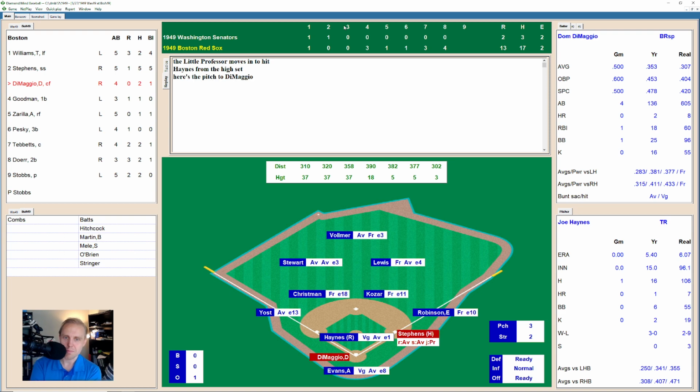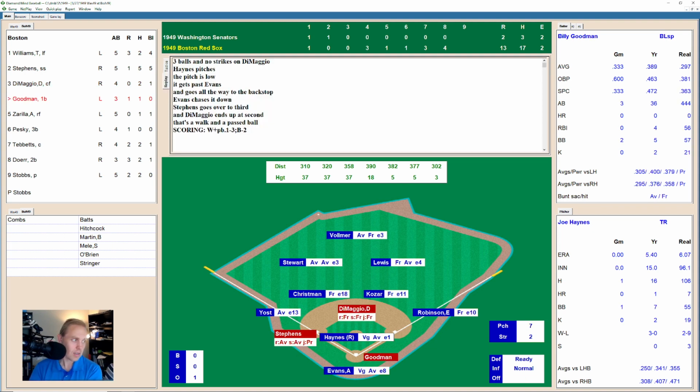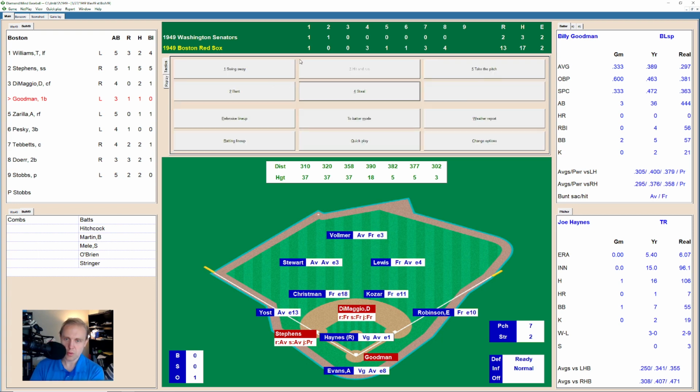Here's Dom DiMaggio. DiMaggio takes the ball inside, 1-0. Curveball wide, 2-0 on Dom. That's wide. It's 3-0. That's low, and that gets past Evans. So Stevens goes to third. DiMaggio goes to second. How many times do you see this? You get a walk combined with a passed ball or a wild pitch, and so you don't just get a walk, you get a free base. And that's exactly what's happened here,